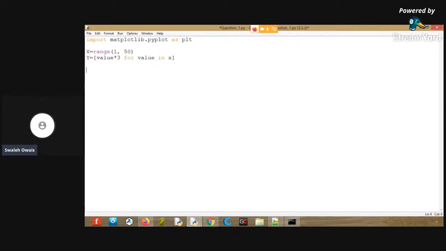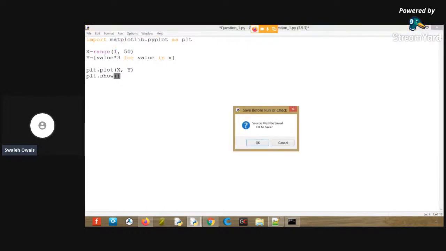Now the next step is to actually make the plot. To plot x and y, all I have to do is type plt.plot(x, y). And then I can show the plot by typing plt.show(). Cool. Now if I run this code, well, there are some caveats, but if I run this code right now,